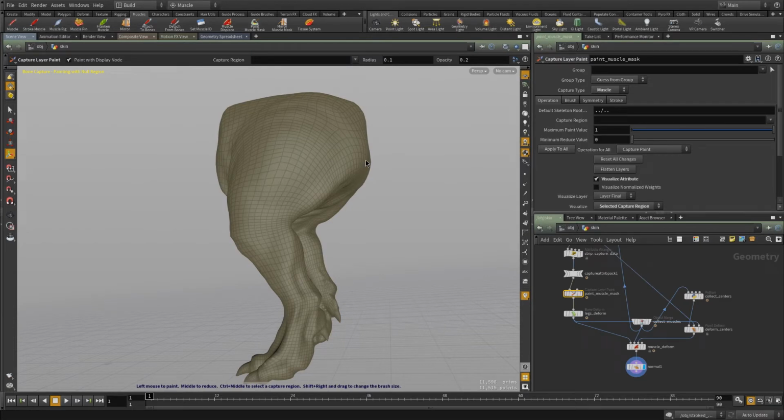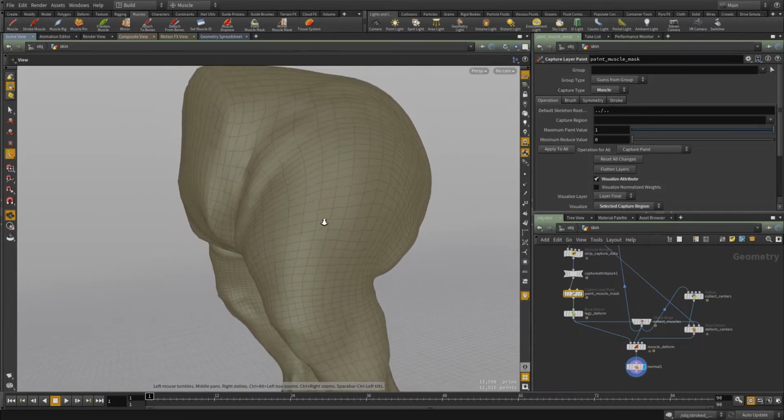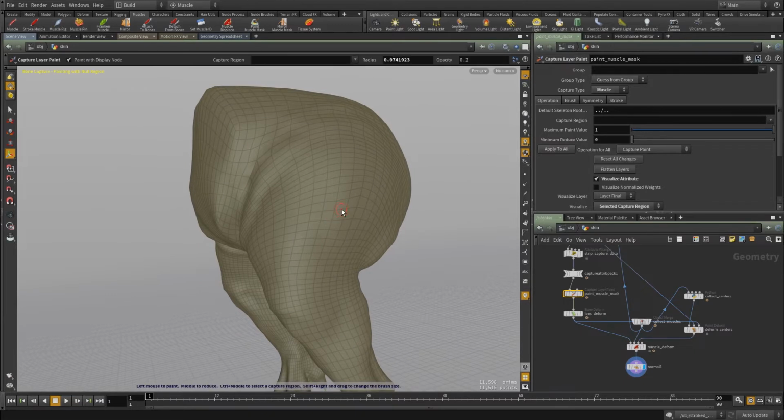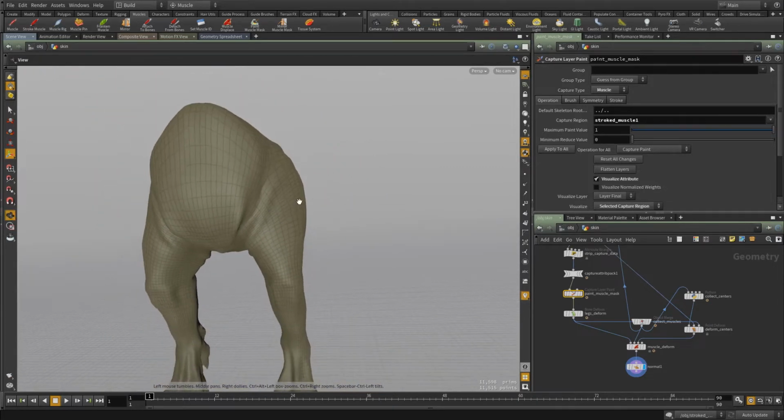Muscle masks are used to limit the displacement amount of a muscle or a group of muscles to specific regions of the skin that we paint with a weight value. When the tool is active, we make use of the Capture Layer Paint SOP, which gives us this pull-down menu to choose one of our muscles as our current region. The idea here is to select a muscle identifier and paint the areas of skin that the muscle will be